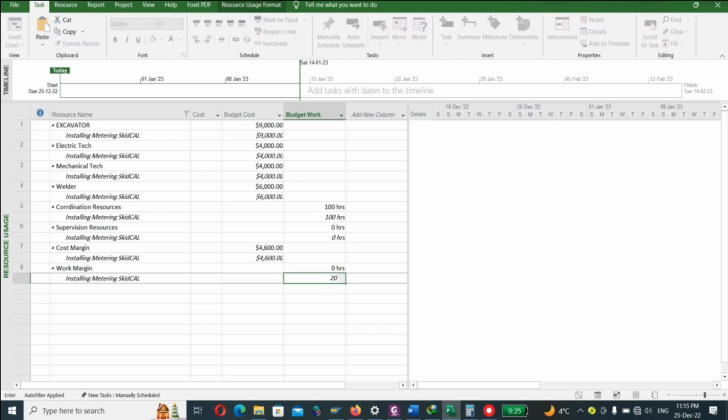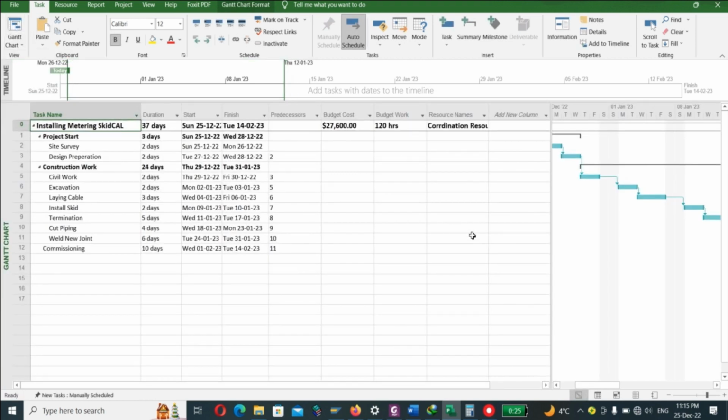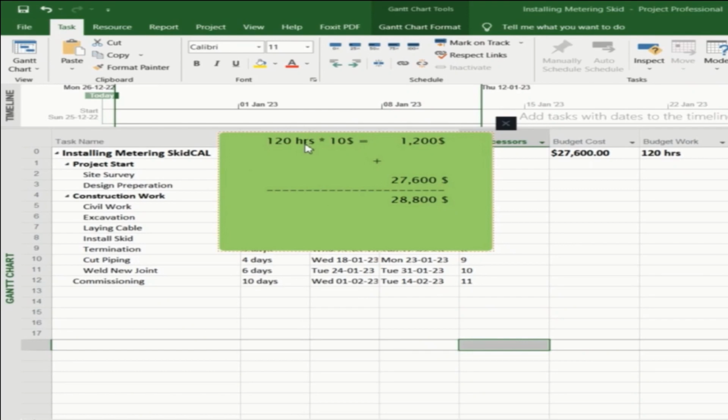Return to the resource usage sheet. 20%, it's 20 hours from work margin. Go to the Gantt chart. We can find budget work increased to 120 hours. And this is the summation after adding the margin. For the budget cost, you now have 120 hours of working time multiplied by 10,000 per hour, so the total will be 1,200. And we have 2,600 from total cost, so the total cost will be